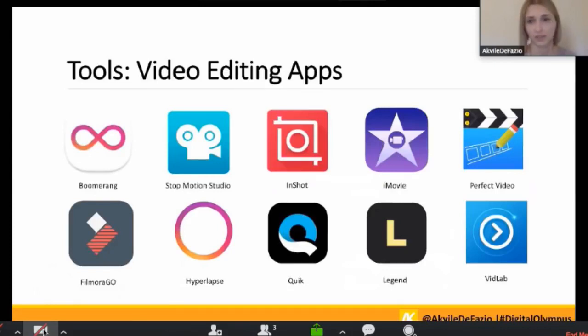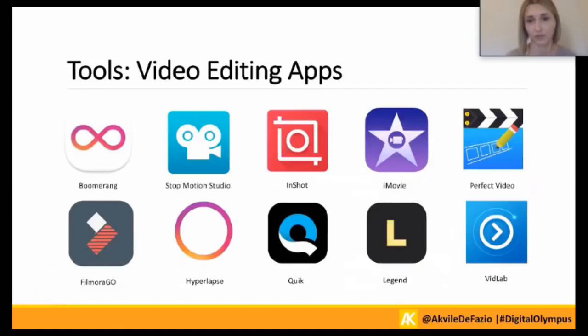Boomerang is nice and quick. It takes a brief several second video and loops it back and forth. Stop Motion Studio has the capability of creating some of the ads like what Miss Myers was using, or Food and Wine with the Yoplait ad for yogurt, where you just create a bunch of photos, but you put them all together and the app easily turns it into a video. And InShot, that's great for text overlay, one of my favorites as well. Definitely recommend checking them out. And here are some others that you might enjoy using as well.